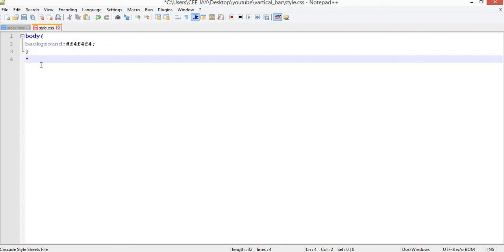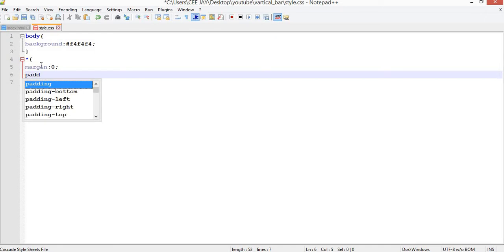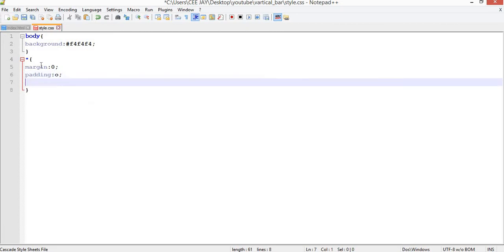So if I do star, and let's say margin, I say 0 pixels, and then padding 0 pixels, and then the next thing I want to add now is the box-sizing. I'll set that to border-box,